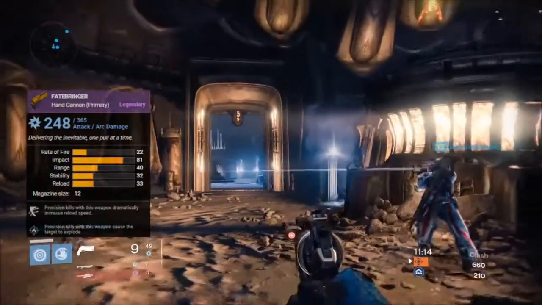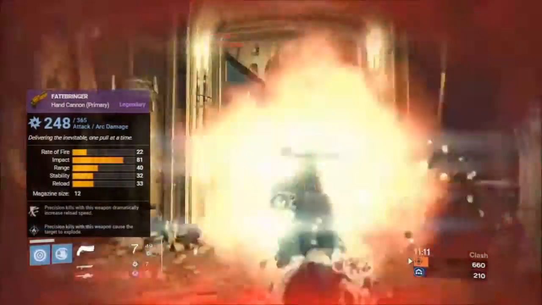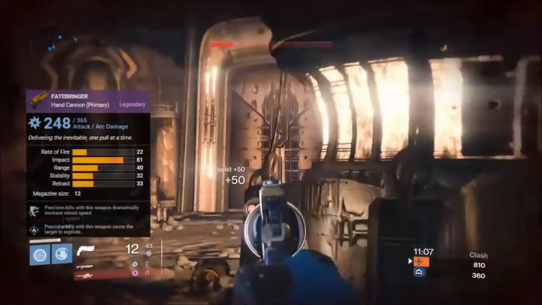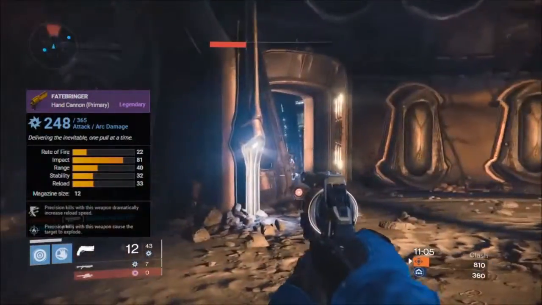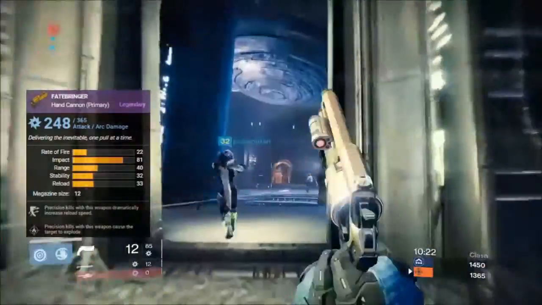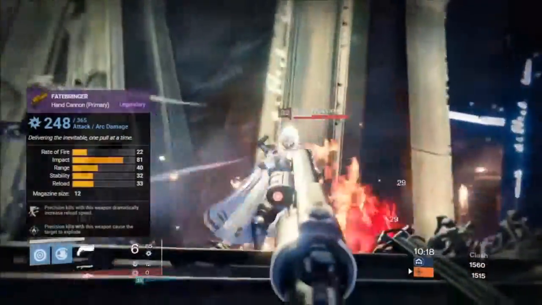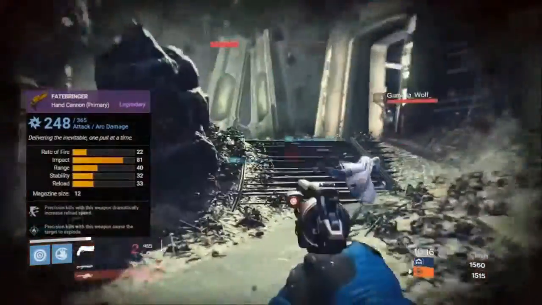Now, saving the most populated hand cannon category for last, we have the category in which sets the Fatebringer, each boasting a rate of fire of 22 and an impact of 81. Benchmark for this category will be the popularized choice of the category, Fatebringer itself, holding a range of 40, a